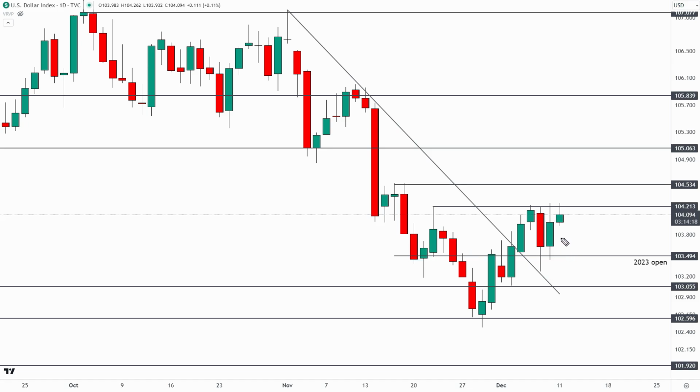Now, at the same time, though, you also have the DXY coming into some resistance based on this high right back here around 104.20, all the way up here toward 104.50. So this region up here is going to be resistance, and we have support down here for the DXY. Now, knowing what we typically get from FOMC, I would not be at all surprised to see one of these areas swept following that volatility.